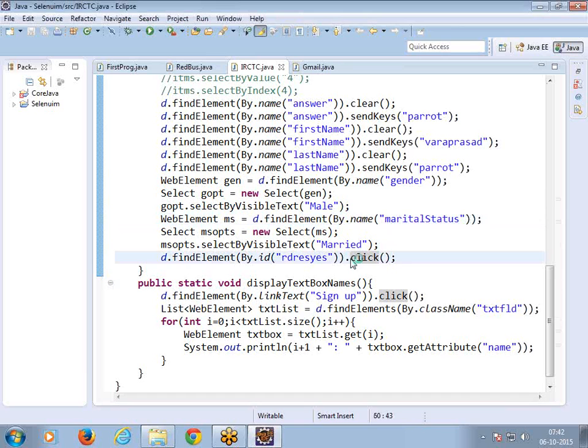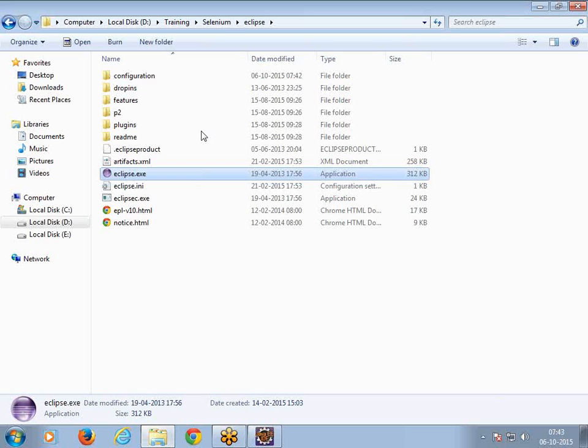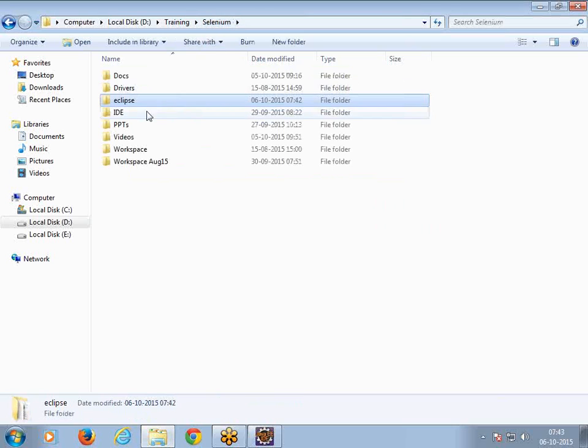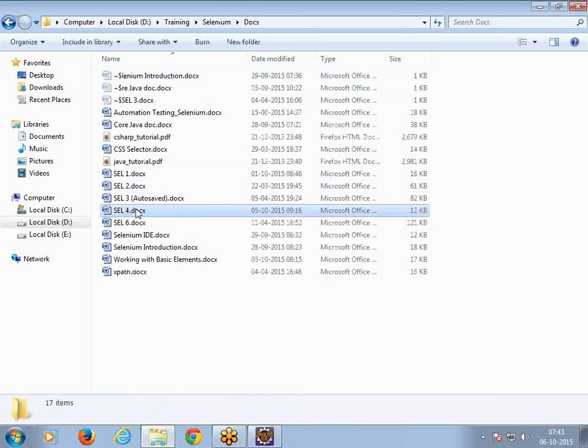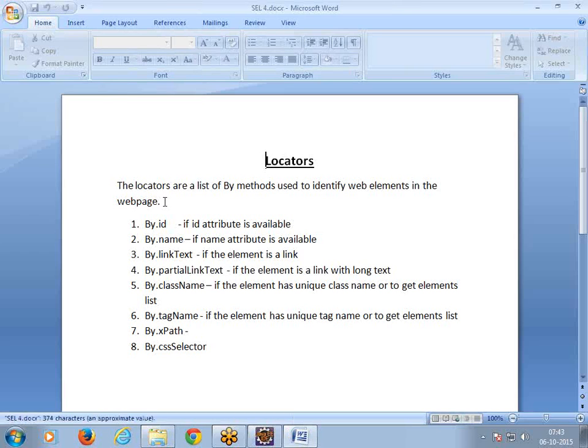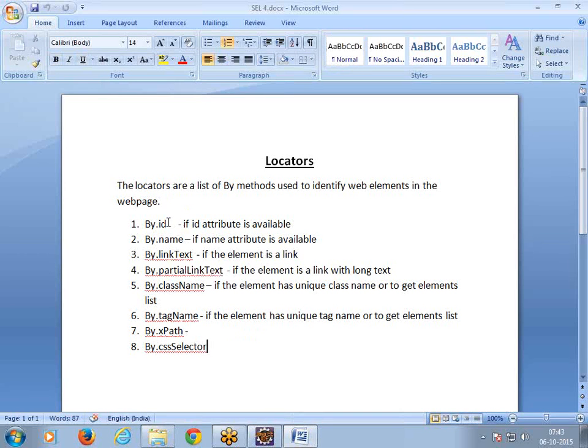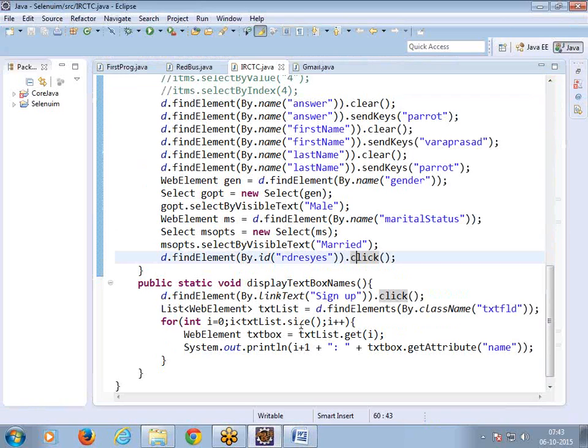Yes, Govind. We are discussing locators, right? In the last session, we discussed multiple elements having the ID, name, linkText, and partial linkText. And the class name we have seen yesterday, right? How to use the class name locator to identify a single element and also to identify multiple list of elements. How to get a list of elements by using the class name locator we have seen yesterday with an example to display